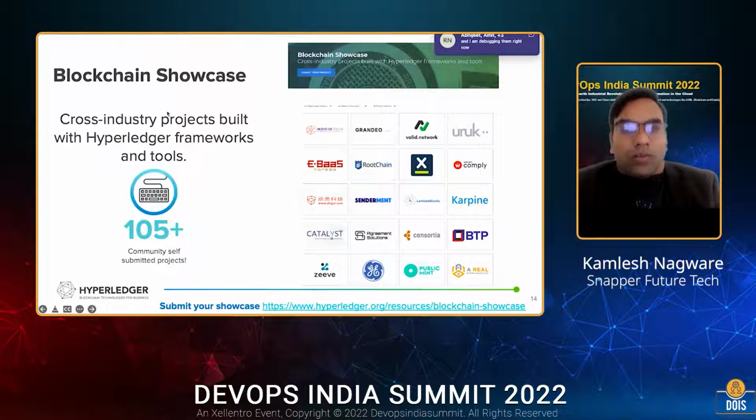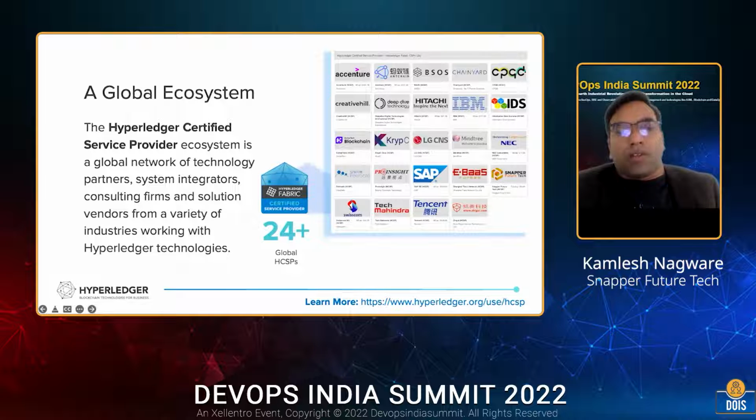So blockchain is not new. There are a number of projects available, which are developed and deployed by the community and companies in specific segments. If you go to the Hyperledger showcase, you can find a number of projects which companies developed and deployed. And to support the development and deployment of these projects, Hyperledger has its certified service provider